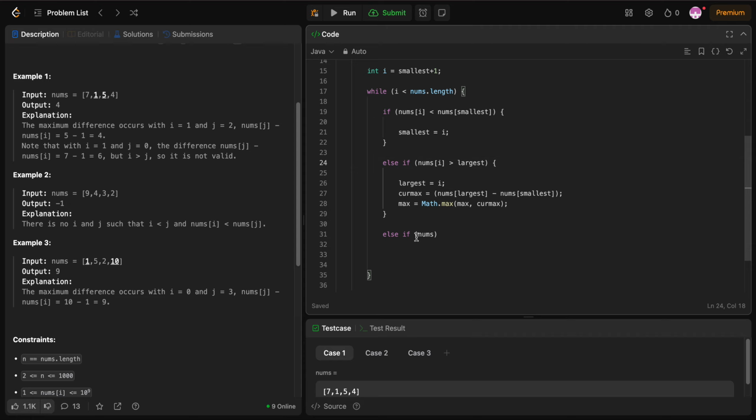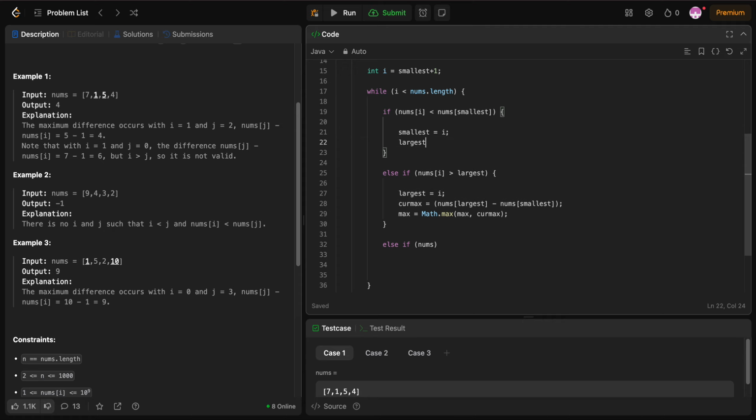Okay. Smallest equals i. We'll do largest also equals i. Okay. i plus